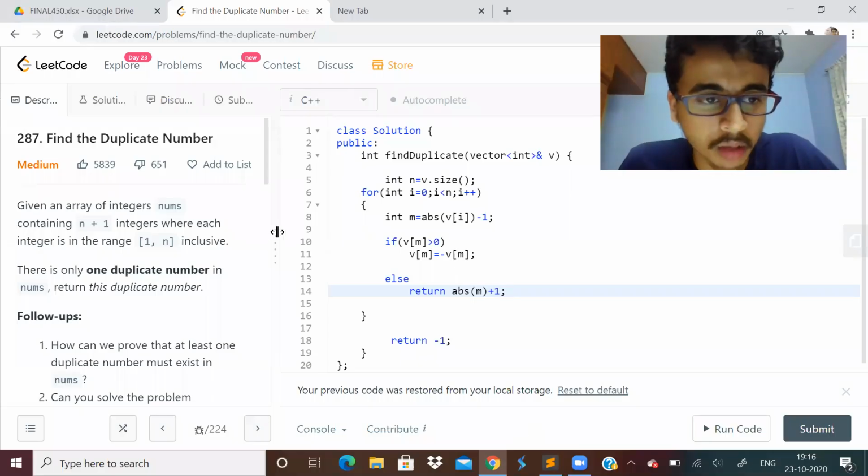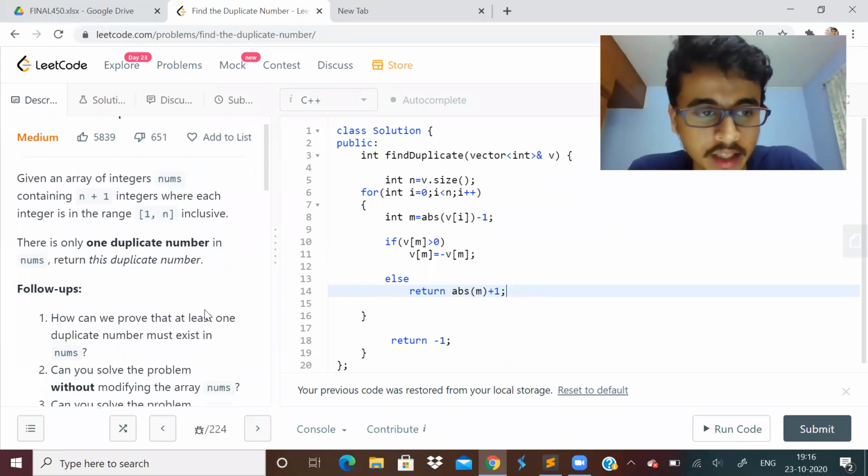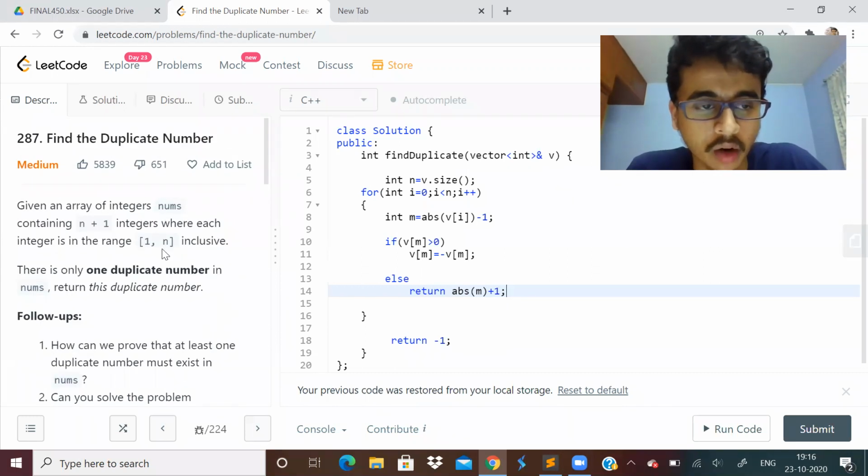To solve this problem, I have typed the code over here, and actually I'll type it once again to explain how to get the answer in the most optimal way. Because there is a chance of having negative and positive numbers, the goal will be to make the number positive.